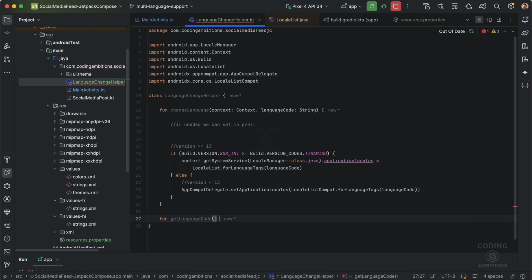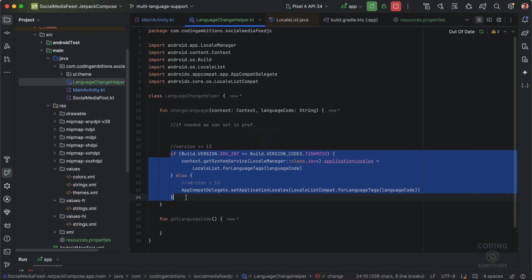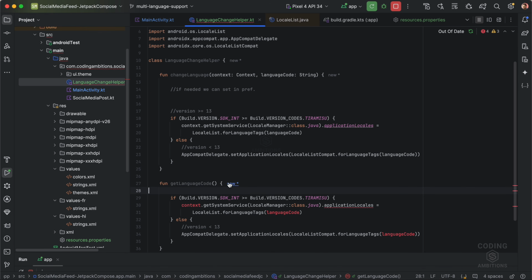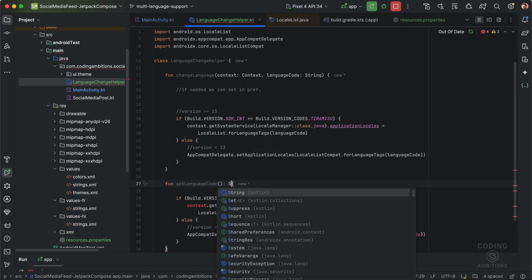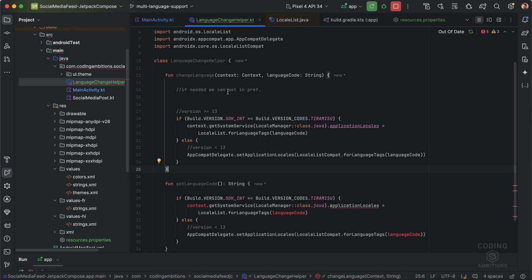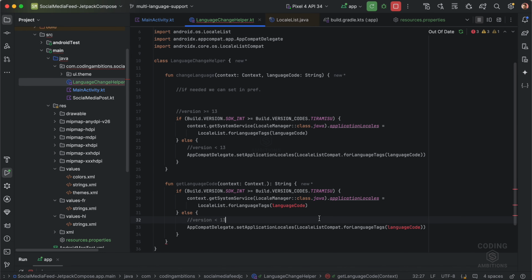the language code method as well, right? And similarly we will be needing these things here, and it will be returning the string, and it will be accepting the context, right? So if this is for greater than 13, if version is greater than 13, then we need to use these locales